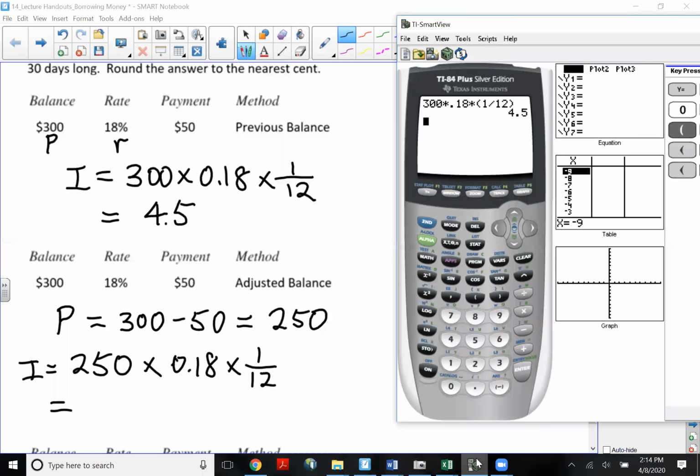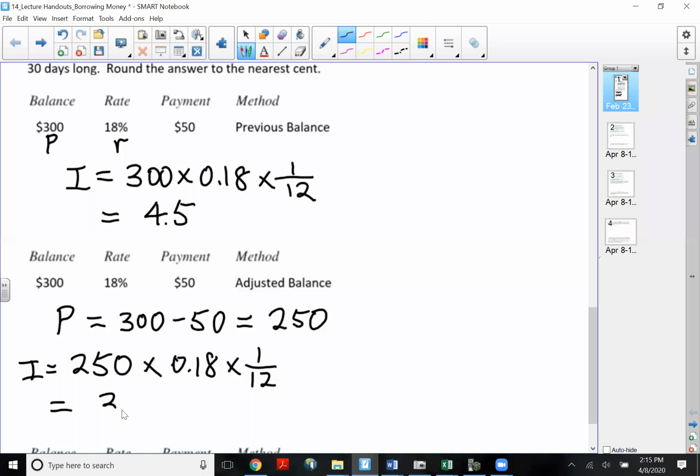Okay, let's see what it says. So that will be 250 times 0.18 times 1 month out of the 12 months in a year. So it's only $3.75. So a lot of times when we have a department store credit card,